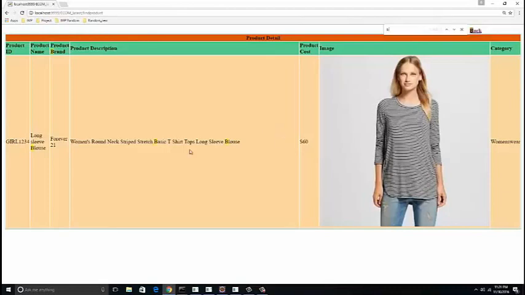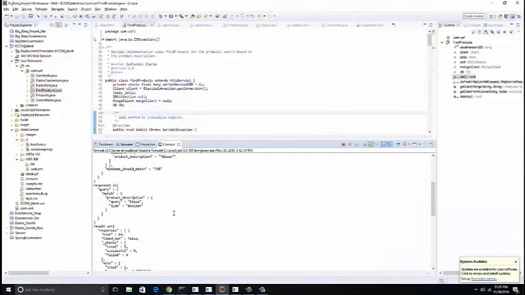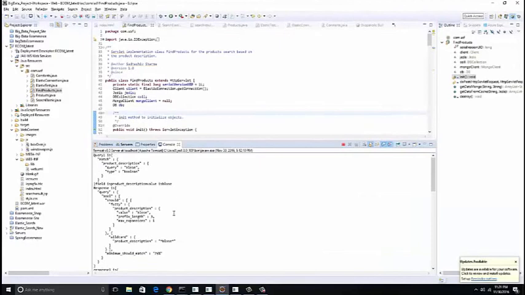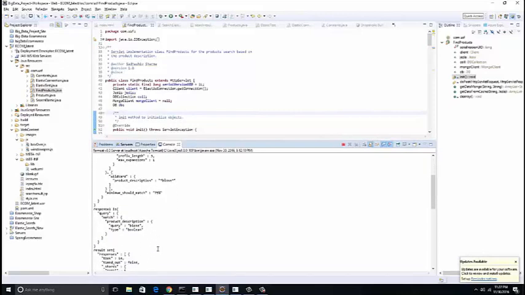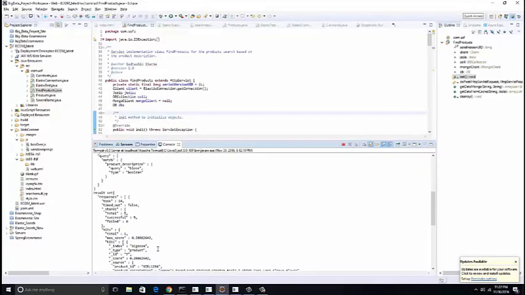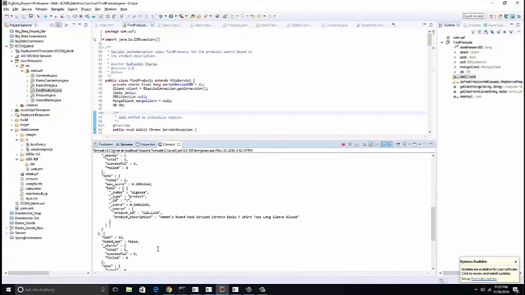So see, when I search for the misspelled term, there is no such keyword in this page, but there is blouse. So again, going to the console, we can see here that the minimum match percent is set to 75% and the misspelled word is within 75% of blouse.